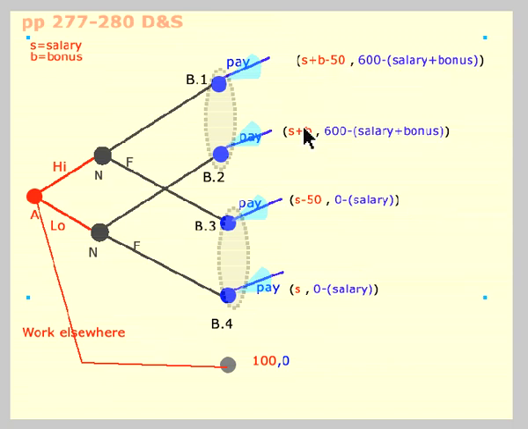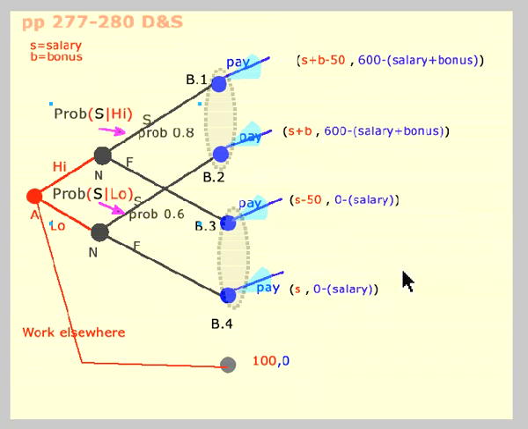The distinguishing things here in this cell and in that cell is when they're putting in low effort, it might be a failure, but they get their salary. They don't have to put in the extra effort. If they put in low effort and success, they get their salary and the bonus, but they don't have to subtract out the extra effort. What does the extra effort do? Well, the extra effort affects the probability of success.